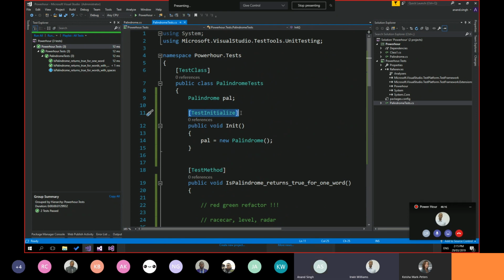Right. So again, there are other attributes as well. I think there's a ClassInitialize and a ClassCleanup. So those things would run only once, similar to a constructor or destructor, I guess. But test initialize and test cleanup all run